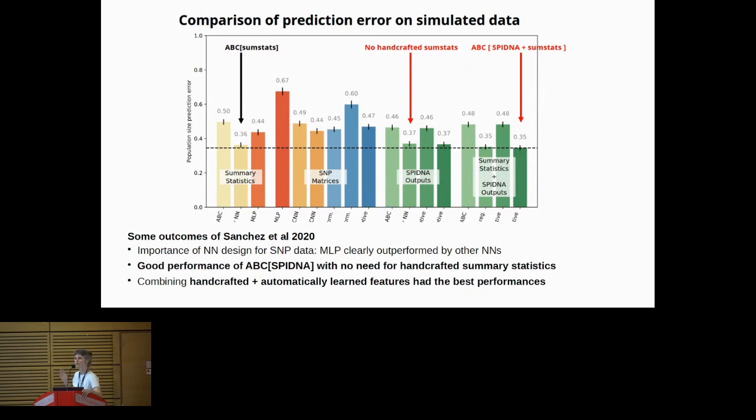Networks that are very poorly designed perform very poorly, which is reassuring, and shows the importance of designing your network properly. You can almost reach similar performance to ABC without using any encrypted summary statistics. So you could bypass the summary statistics, but it's still not as good as ABC with summary statistics. And if you combine features computed by the network and encrypted features, you're a tiny bit better, but it's a slight increase in performance.